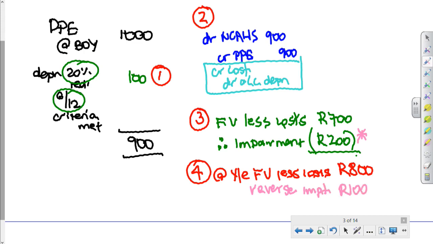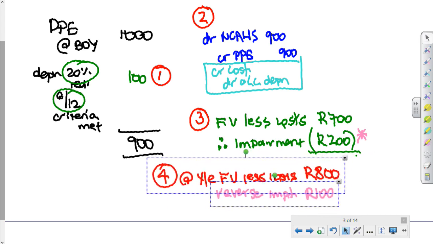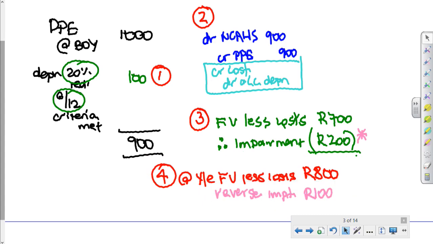Let me put 2 more scenarios on there. So let me actually move this way a bit. If I had said to you that at year end fair value less costs was 600, then I would have a further impairment of 100, isn't it? So then I would have a 100 impairment, where in that case it was a reversal of impairment. Yeah. If I said to you that at year end fair value less costs to sell was, let's assume it was